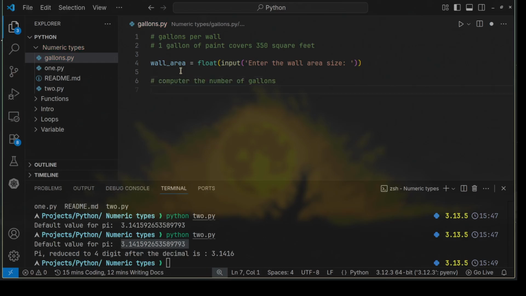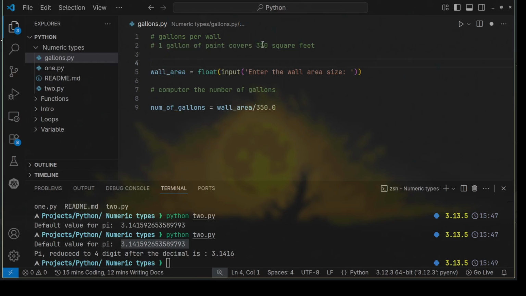So we're going to say number of gallons is equal to wall area divided by 350, whereby we can assign